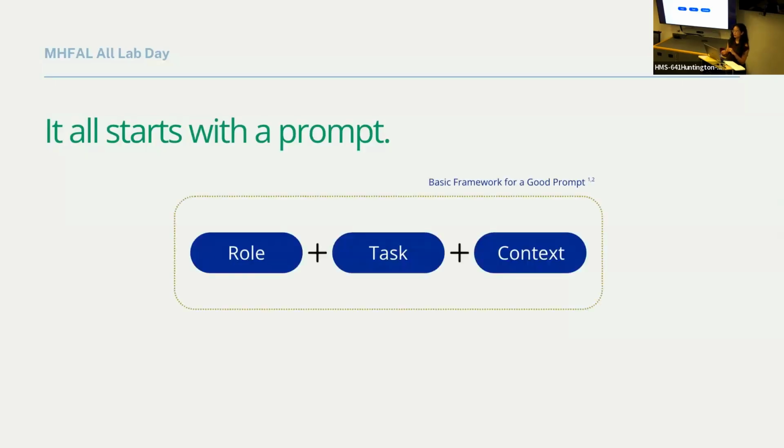There are many different frameworks for crafting a good prompt, and I'm sure people here could come up with way more complex ones than I have up here. But a commonly referenced one is this formula right here. One, starting with the role, the task, and the context. Is anyone here already using this